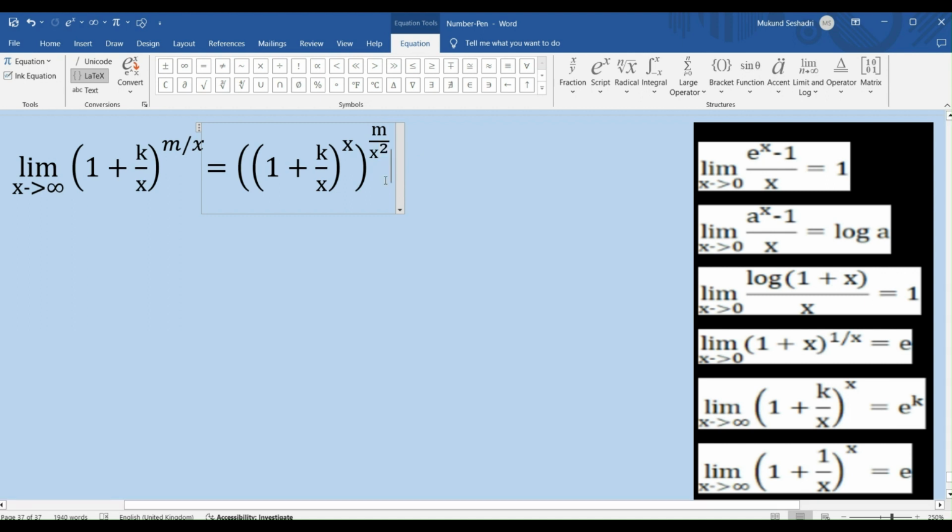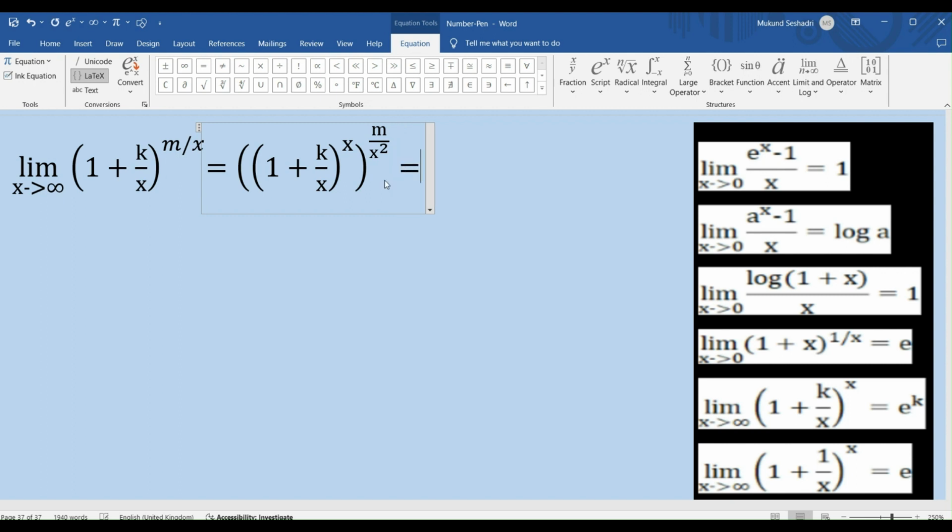Now when you look at this, we know that the limit x tending to infinity of (1 plus k by x) the whole power x is nothing but e to the power k, right? Now k is a constant, and when I do m by x square as x tends to infinity,